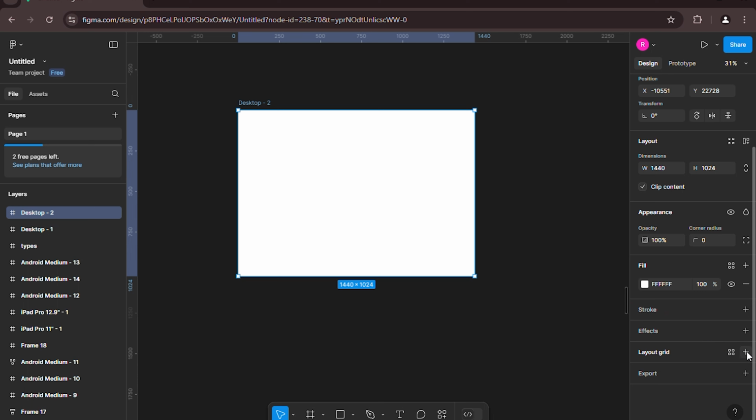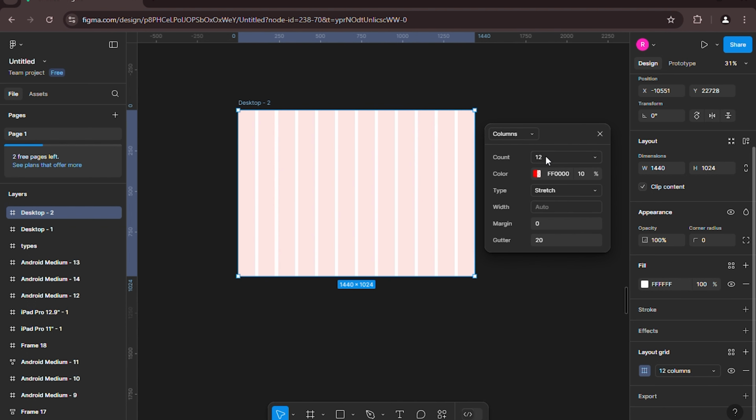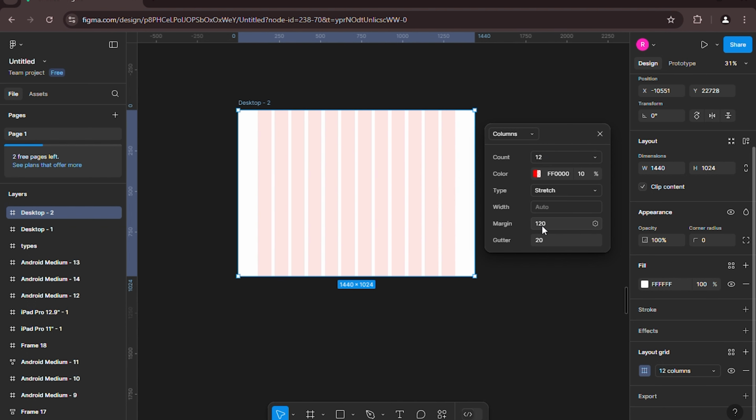I'm creating a desktop layout. So I'll use a 12-column grid with 120 pixel margins and 20 pixel gutters between the columns. This will give me plenty of space to arrange content like navigation bars, sidebars, and